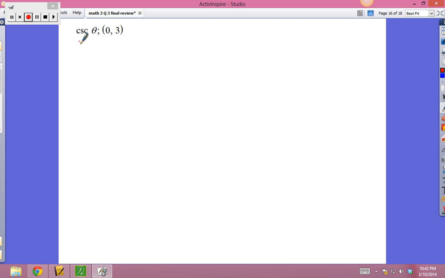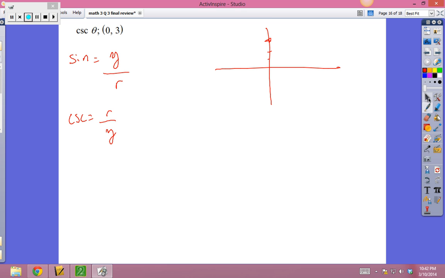Alright, now we're talking cosecant. Cosecant is the reciprocal of sine. And I know the sine is the height of the triangle over the radius. So the cosecant must be the radius over the height. So (0, 3). 0, up 3. 1, 2, and this one we just did. So it's going to land on 90. It's going to land right on